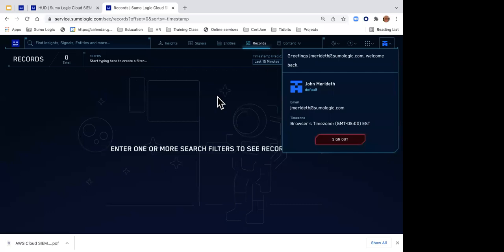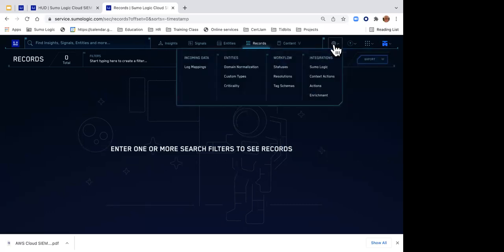Yeah, some of you don't have a gear icon. That's because of the privileges for that. That's why I wanted to show it to you. So with this gear icon, you don't have privileges for these things.